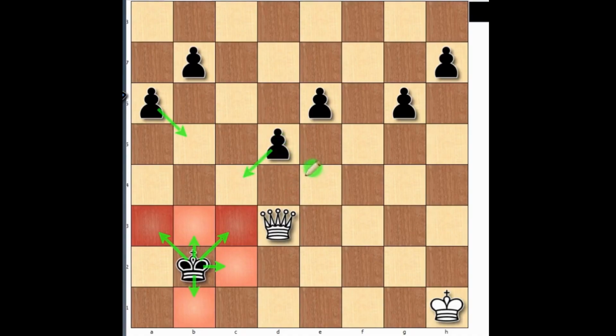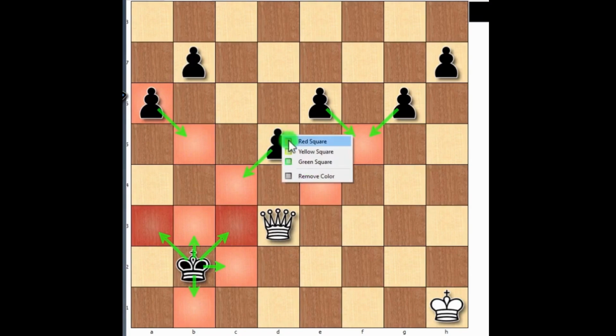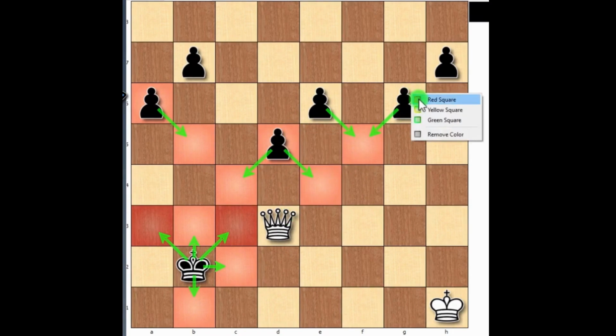Here as well, he attacks this square, and this other one is being attacked by both pawns. So our queen can't go to any of these squares because she would be captured. Besides these squares, the queen can't capture this pawn because it is protected by this one. She also can't capture this pawn because it is protected, and this other pawn is also protected, so she can't